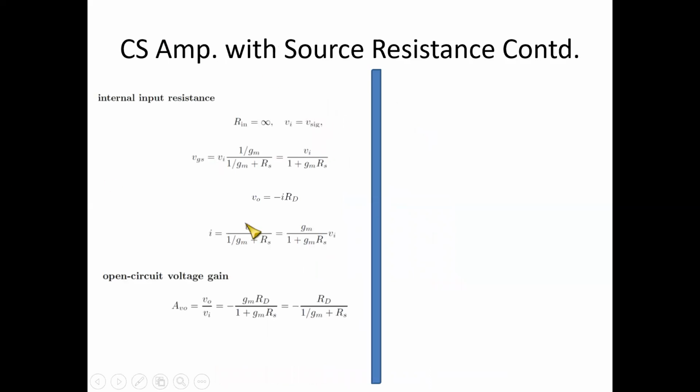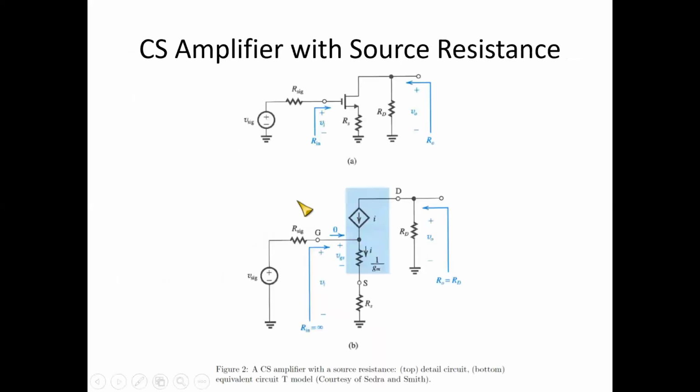Now, we want to find the equation for the output voltage. So first we need to find the relationship between Vi and Vgs, and from that we can always find Vo. Otherwise also, I think it's not needed for us to find that. So here Vo is equal to I RD. You can see here that Vo, which is measured across this, is the same I flowing through